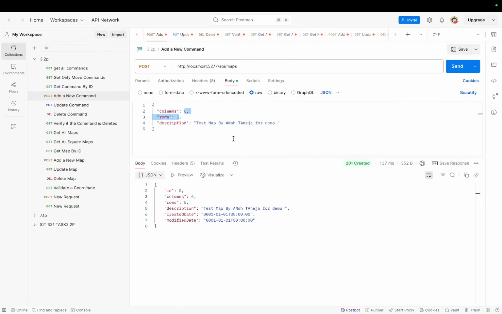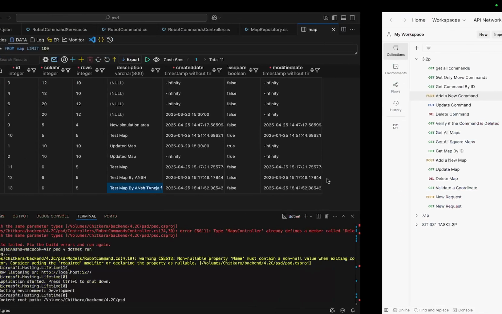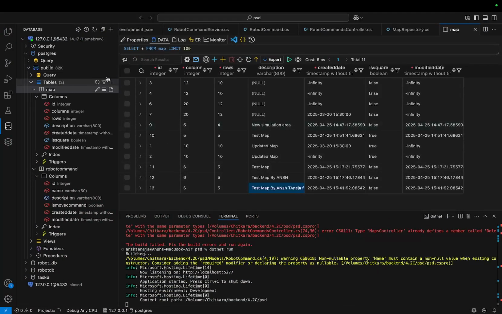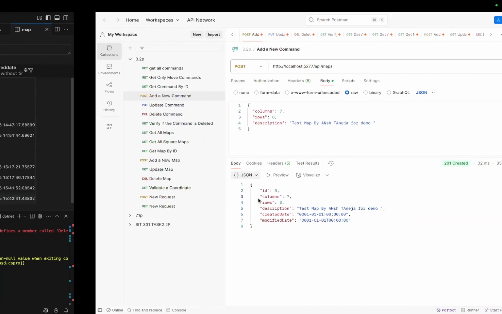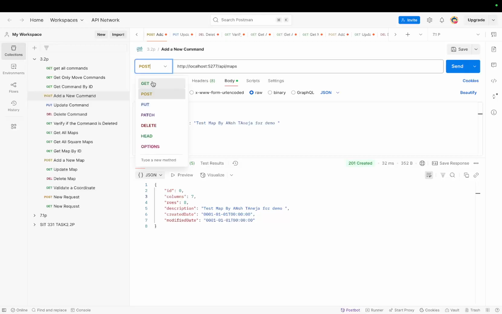Now if we make changes in the columns and the rows, we can just check. We'll create a new one. We can put 7 here and create it here. Now then we will make it. Get a new change here. See, we can get this. And the same for the